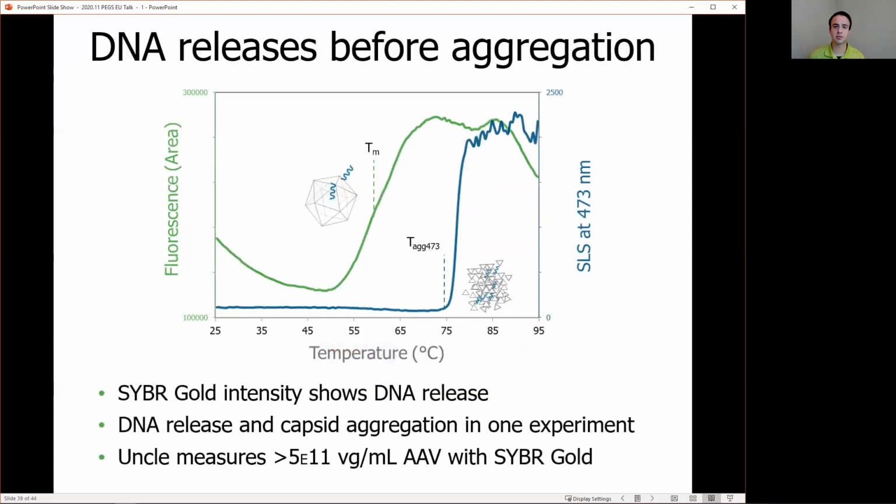And so, for example, the result from this kind of experiment looks like this, where we have green fluorescence data, starting at kind of a baseline for however much free DNA we have in a sample, a decreasing signal because there's a relationship between SYBR Gold fluorescence and temperature. And then the headline, it starts at about 50 degrees Celsius and continues through an inflection point at about 58 degrees Celsius, where SYBR Gold is showing you that DNA is releasing from your capsids and is now available to bind to SYBR Gold and fluoresce. This DNA ejection continues to occur until about 75 degrees Celsius, where protein aggregation starts to happen,